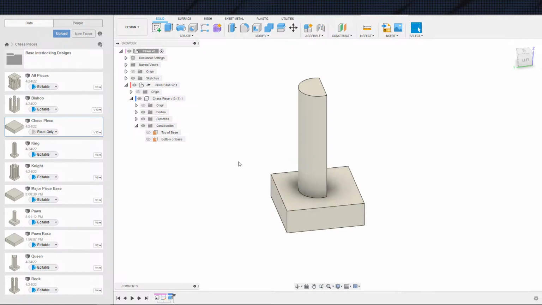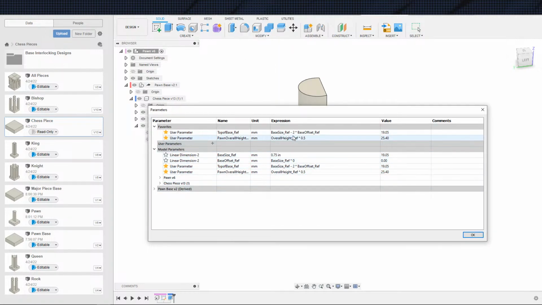And I'm going to change this. Let's see. How do we want to change this? Because we have a couple different options. So the overall height times 1/2 is how we're defining it right now. We can change that just straight up. We might just want to hard code this for right now, rather than getting bogged down in trying to figure out what looks pretty. So I'm going to go ahead and